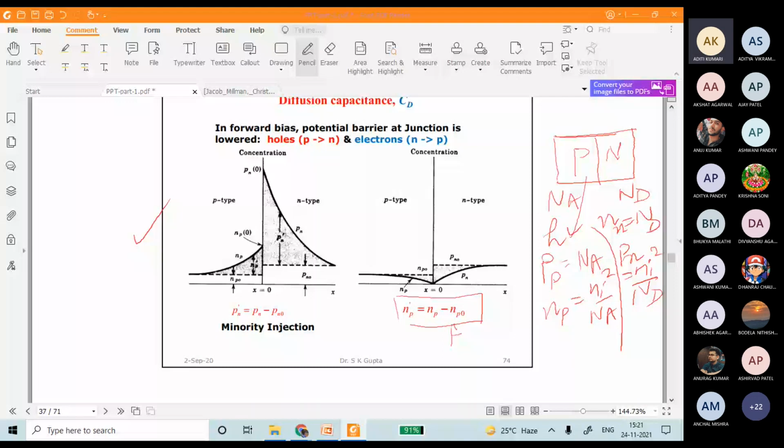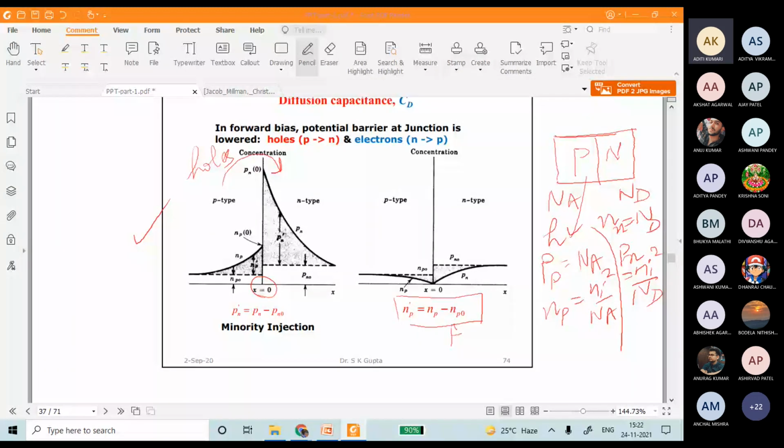So in this graph, we can see that the charge carriers have been injected from the P side to the N side. So from here, the holes are injected. Okay, so we can see here that the junction is taken as a reference point, x equal to 0 here, and all these measurements are done with respect to this. So on the left side of x equal to 0, we have the P type, and on the right side we have the N side.